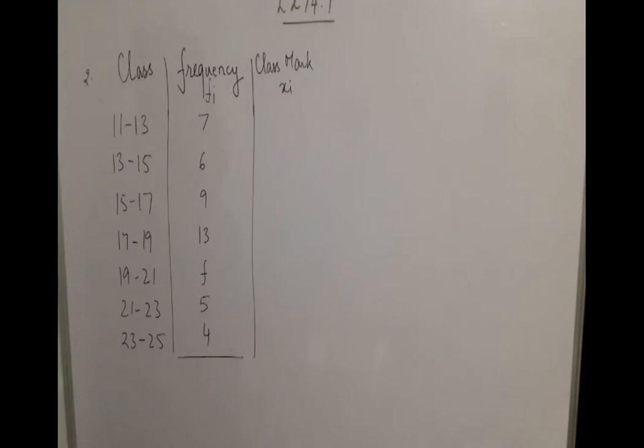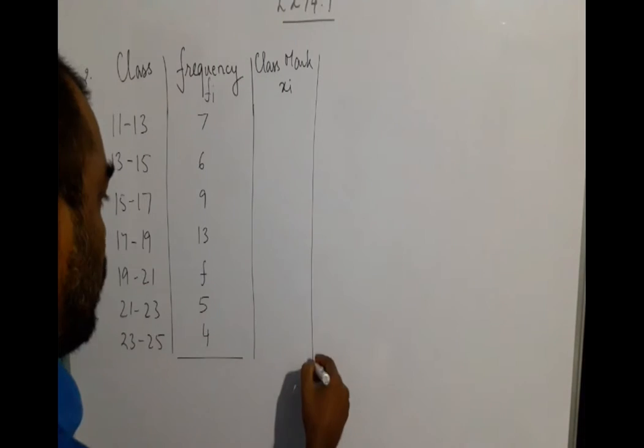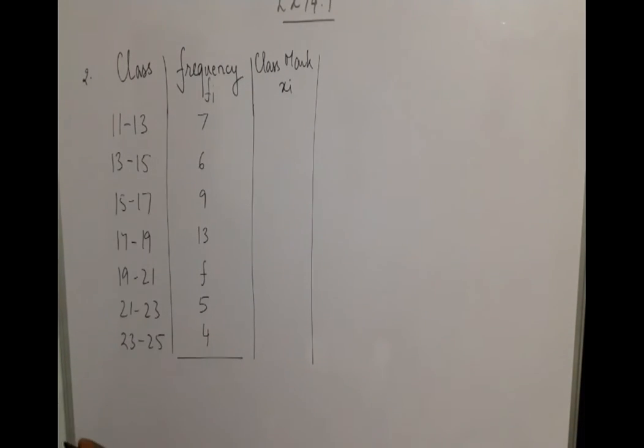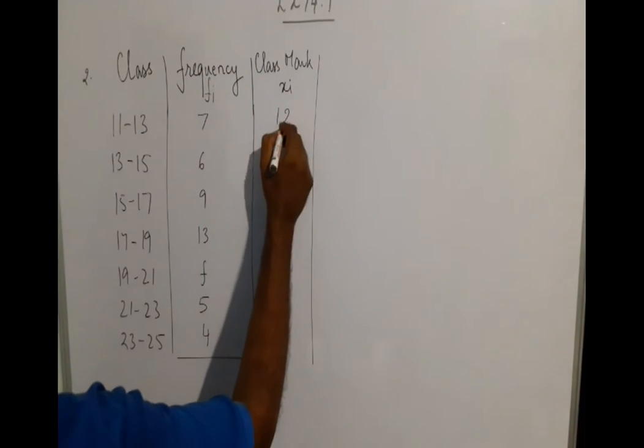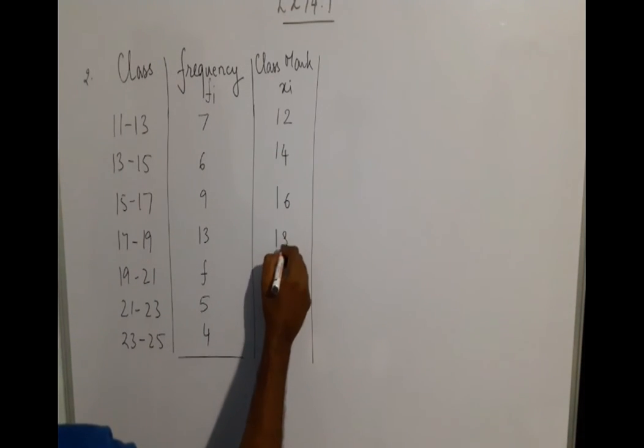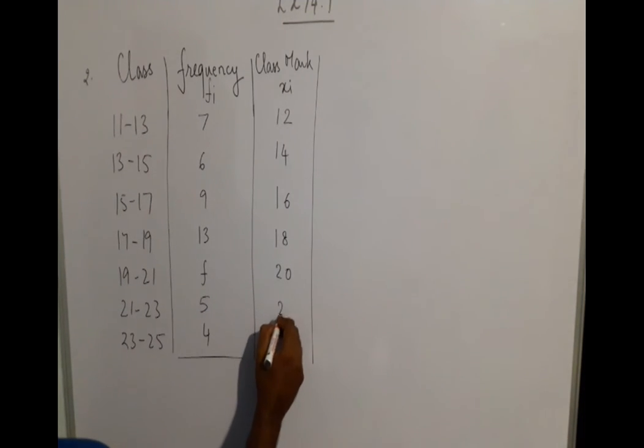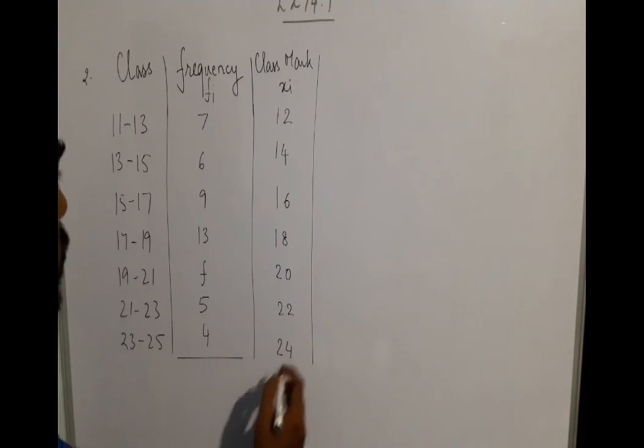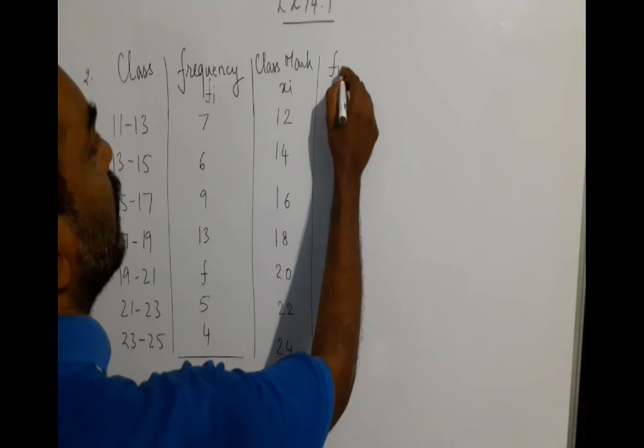First of all, we find out the class mark xi. So let us find out the xi. So 11 plus 13, 24, divided by 2 is 12. Similarly, we have 14, then we have 16 and 18 and 20 and 22 and 24. Okay. Now which method should we choose? Should we go on with the xi method only? Now in the xi method the multiplication will be a little longer, but we will continue with the method only. Okay, and we'll try by other method also. So now find out fi xi.